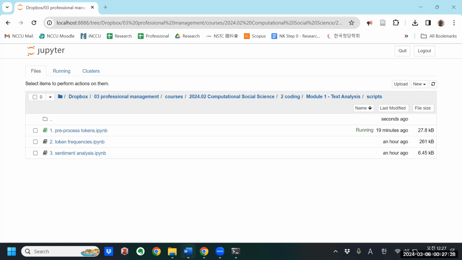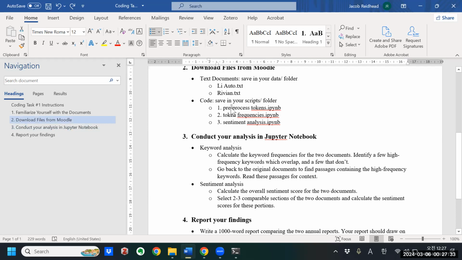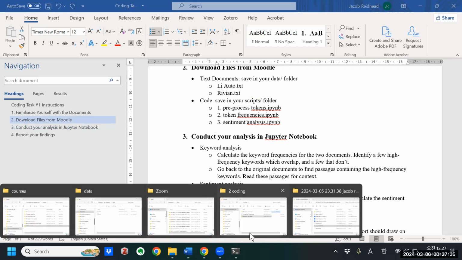All right, so we're picking up with the keyword analysis and the sentiment analysis. We've already produced the tokens. You can find these. You can verify this